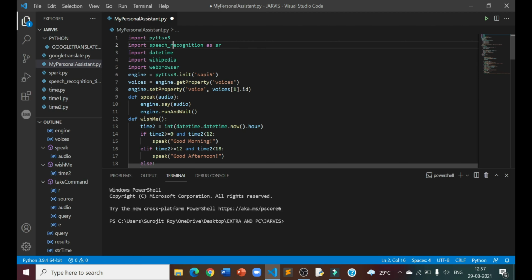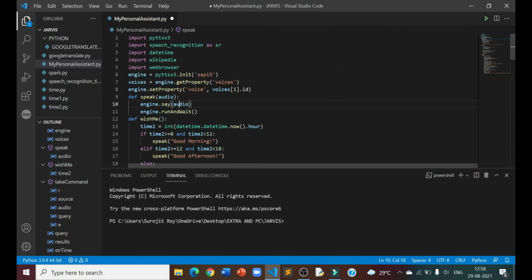The third module, however, is a pretty basic module. It is the date time module. This module helps my personal assistant to speak out or print the date and time if you ask it to do so. The fourth module is Wikipedia. This is a pretty complex module as it can import any information from the website of Wikipedia. As we all know, Wikipedia is a storehouse of information, hence it can import virtually any data from the website of Wikipedia. The last one is web browser. This module is again pretty basic. It can open any URL or link on any of the search engines like Opera, Google, Microsoft Edge, etc.